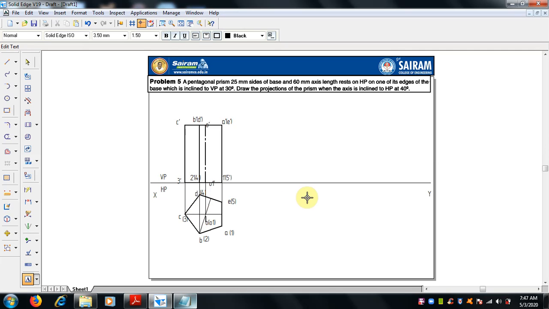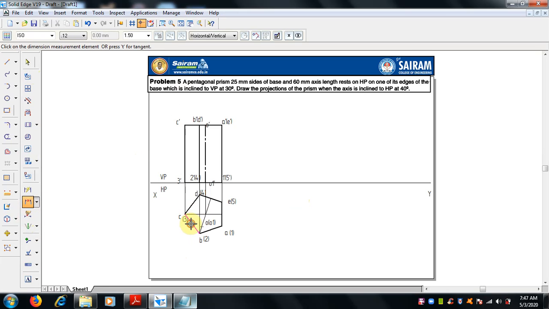This is the top view of the axis. Once it is over, check it for the dimension. The side is 25 mm and the axis height is 60 mm.